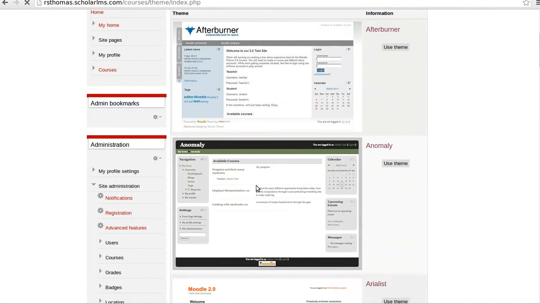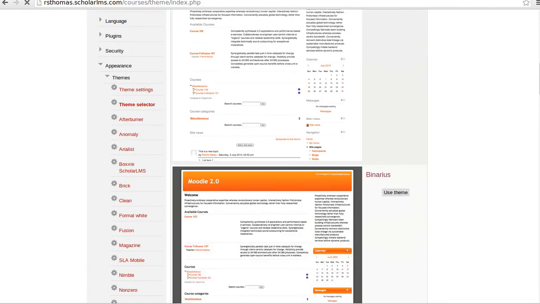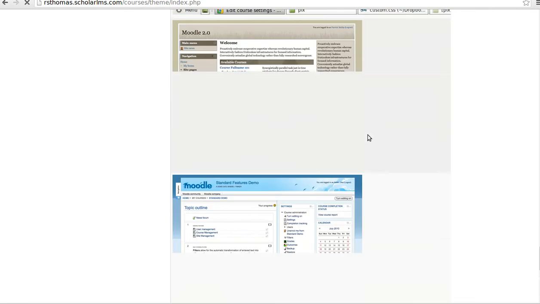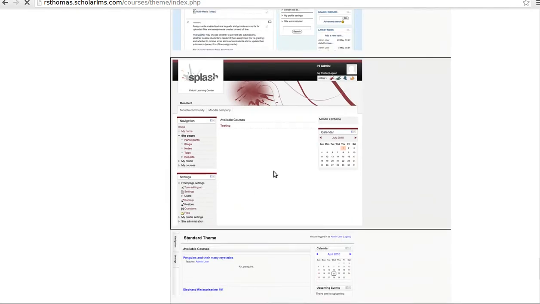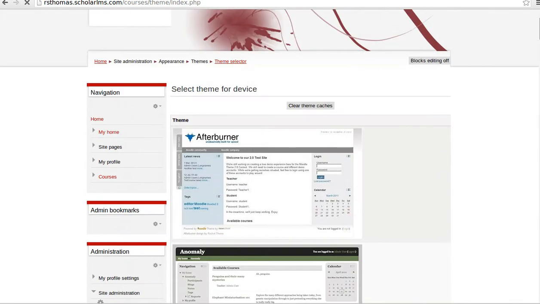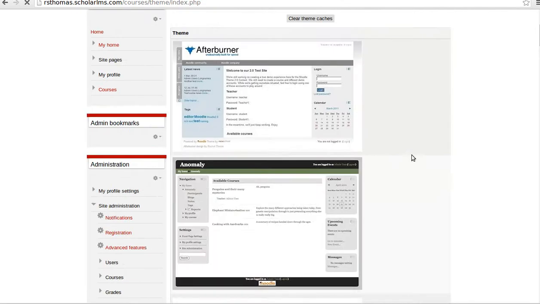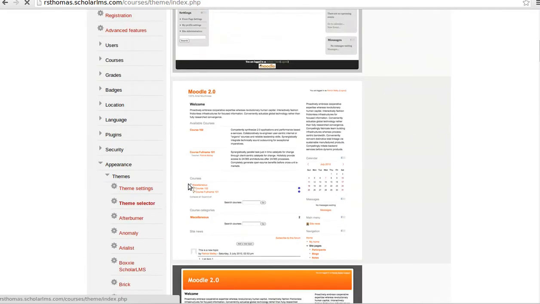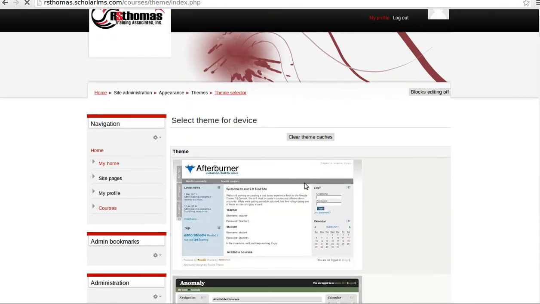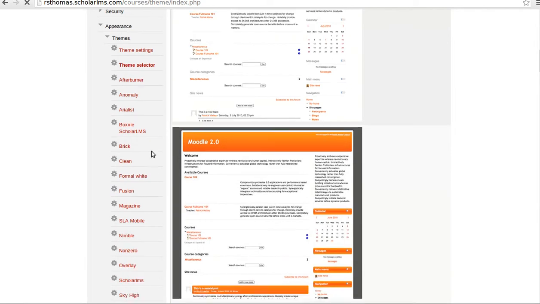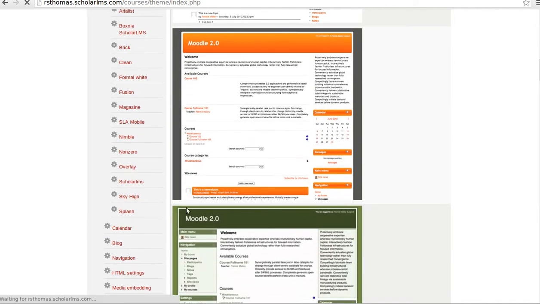So for you, just have a look. We have selected the last one. Still loading. So this is the one that we selected for our demo. So after selecting this, then you can go to its settings, inside appearance, themes, splash, the name of the theme,